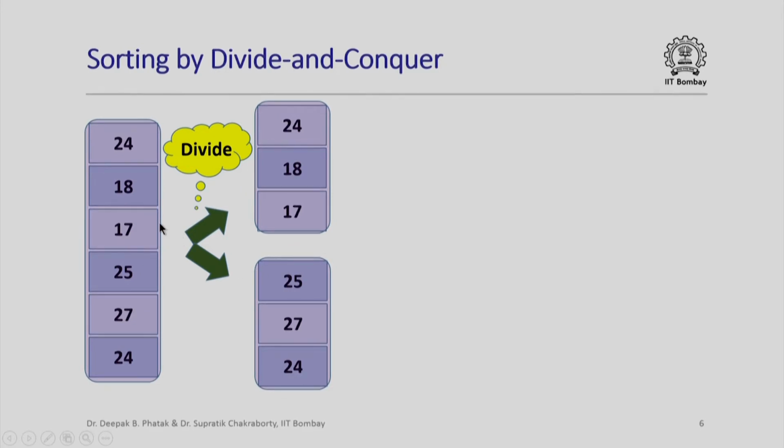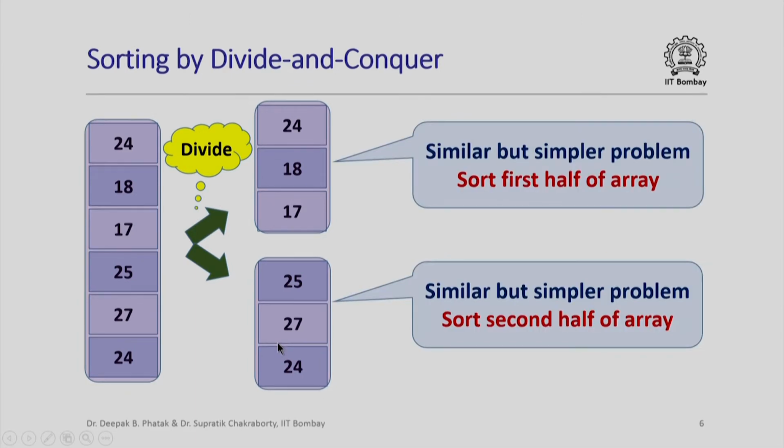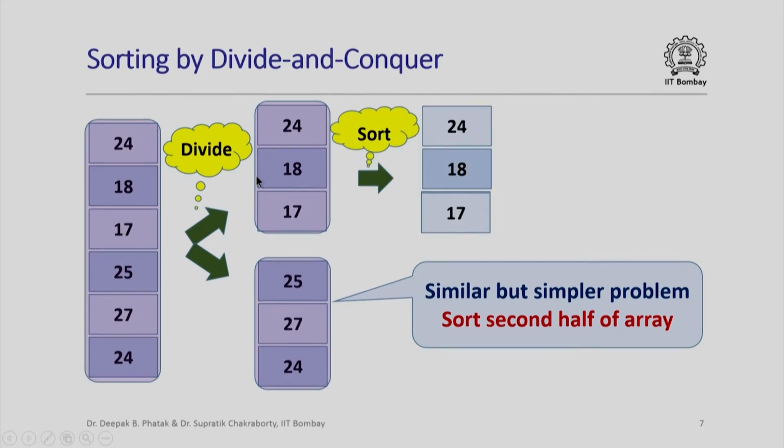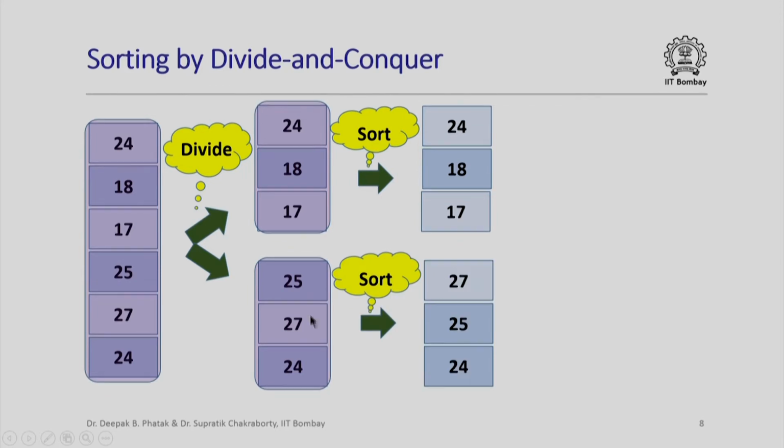So now I can say that, well, instead of sorting this larger array of 6 integers, I have these 2 smaller subproblems, and can I sort the first half of the array and the second half of the array independently and separately, and somehow can I combine the results of these simpler subproblems to get a solution of the original problem. So basically I would like to sort this subarray into its sorted order, which in this case happens to be the same as the original order, and I would like to sort this subarray by some means into its sorted order. Here it is sorted in decreasing order,